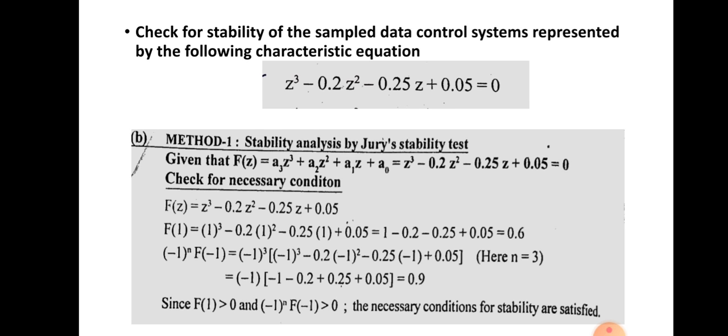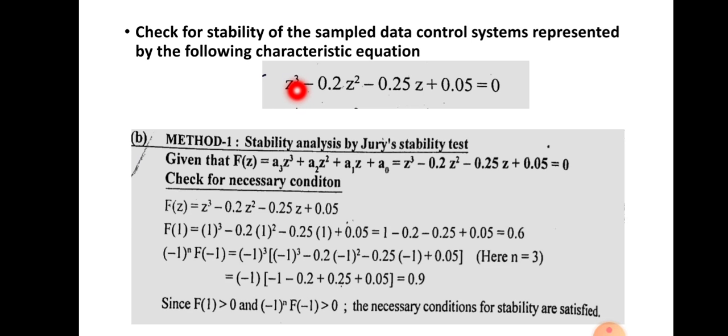So, you are asked to find the stability of the sampled data control system and its characteristic equation is given. So you can use jury's stability test to find the stability of this sampled data control system. So first of all, stability analysis by jury's stability test, and here it is given that f of z equals z cube minus 0.2 z square minus 0.25 z plus 0.05. So that will be equal to 0, and here the order is 3, that is n is equal to 3,